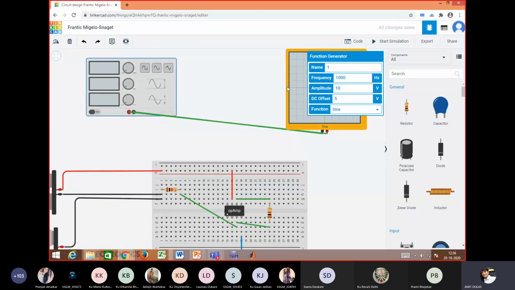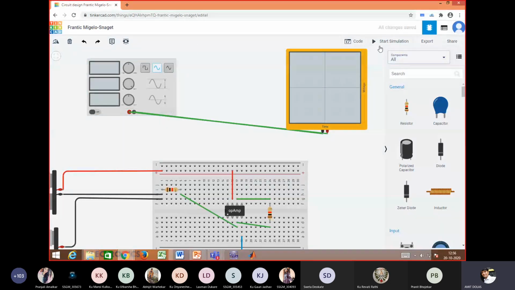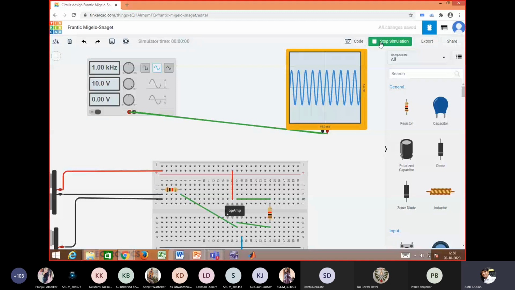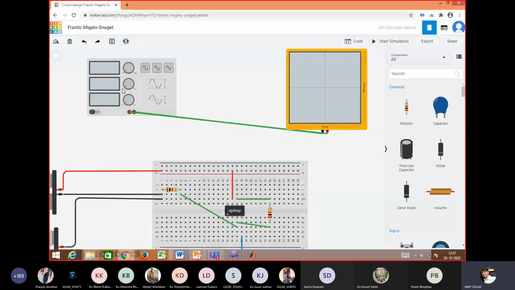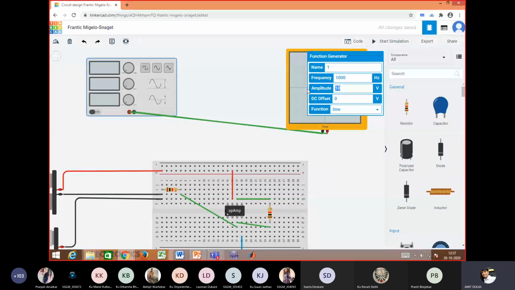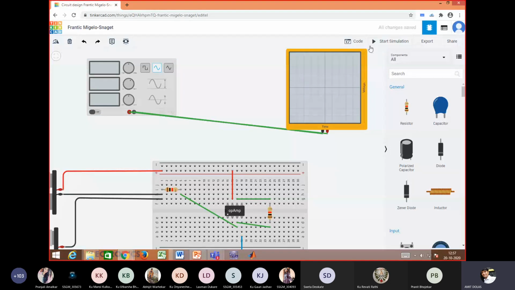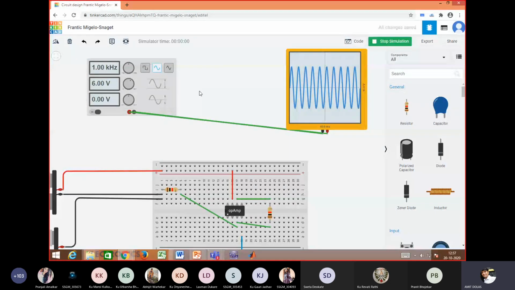Half of the amplitude. So I'll make it 0, 0 again, and start simulation. This waveform is quite sufficient: 5 volt up, 5 volt down, 10 volt up and 10 volt down. So instead of 10 volt, it must be 12 volt. So I'll make it 6, so it is 6 and 6. It must be 12. Still it is showing 12. So 3 into 2, I think 6.